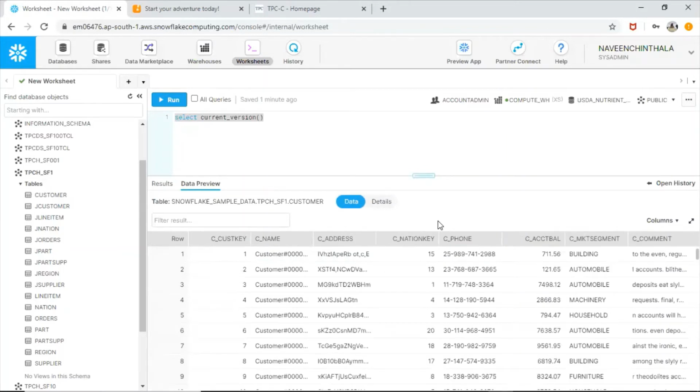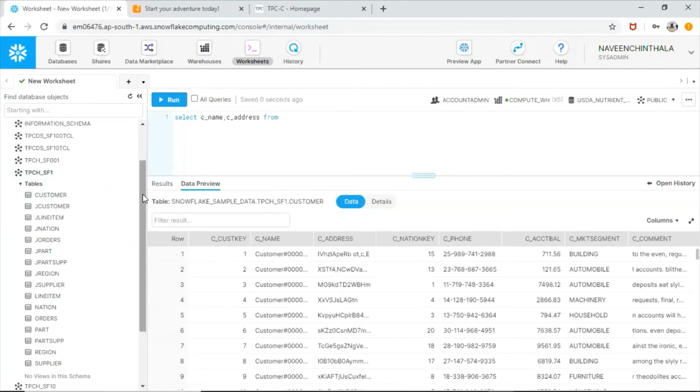What if I want to query the data related to only two columns? Now it is previewing the data for all the columns, right? But what if I want only a few columns? Then you can write here in the SQL pane area: C_NAME, comma, C_ADDRESS from. But I cannot give just the single customer table name, right?